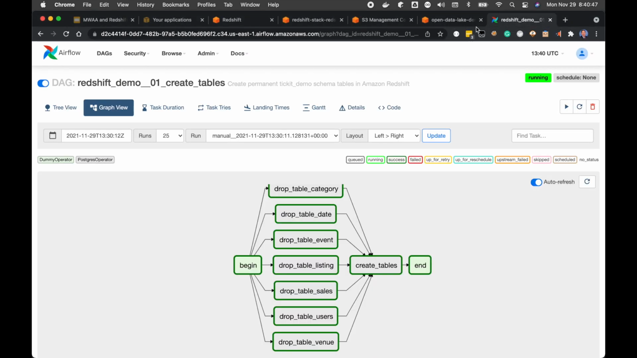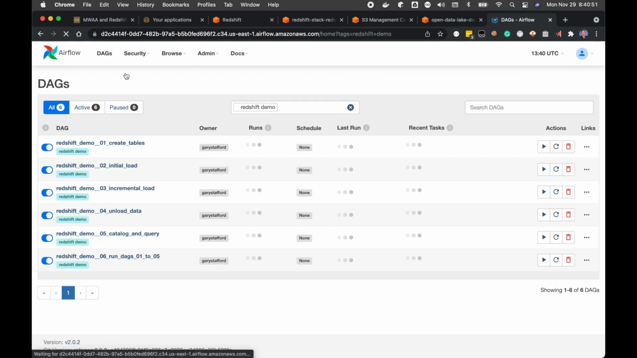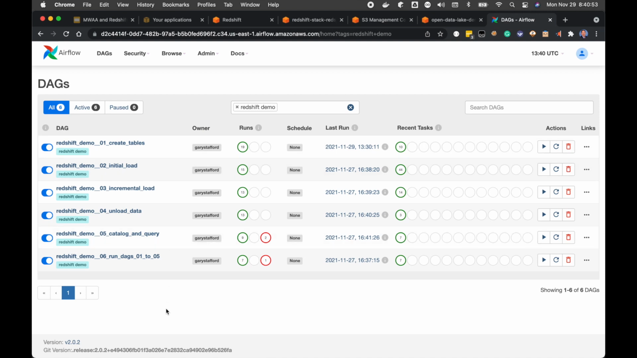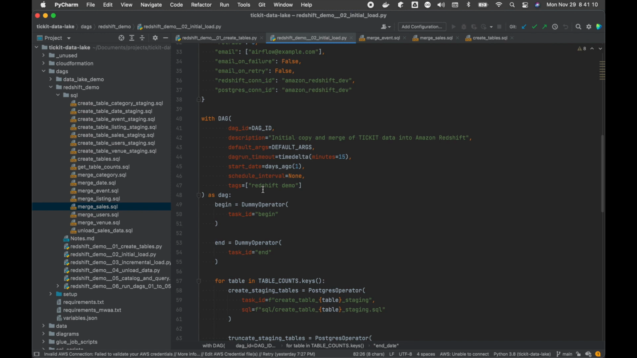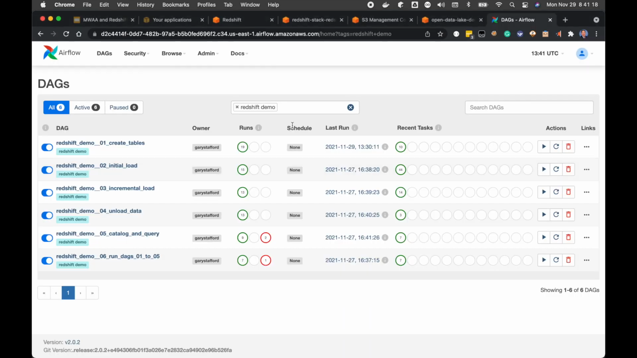So I'll go back to the Airflow UI, go back out to DAGs. You can see here that I'm only showing the DAGs for this demonstration. I'm able to do that. If you're not familiar with the Airflow UI, you're able to add keywords to each DAG. So let me switch back to the DAG for a moment just to show you how this works. For other DAGs, you may have multiple tags depending on how you want to sort and organize your DAGs. But I have the Redshift demo, so I'm able to just query all of the DAGs